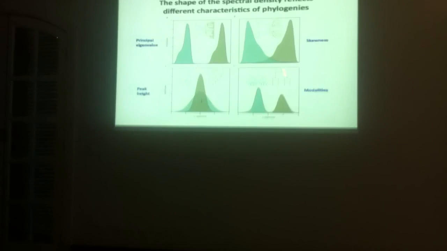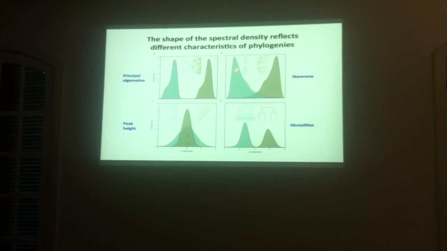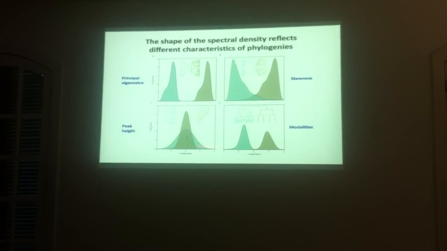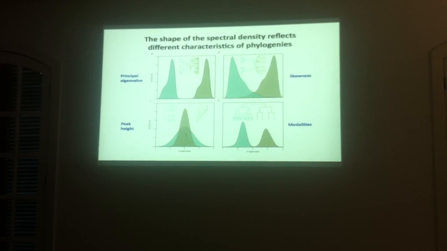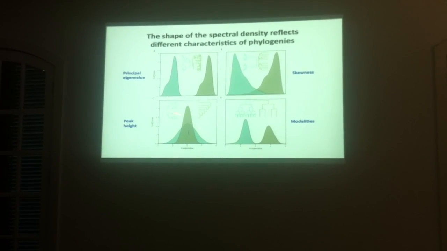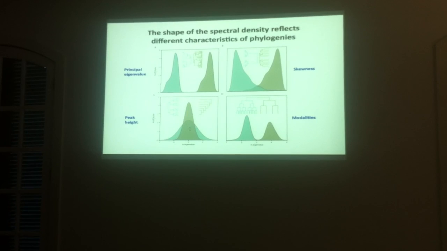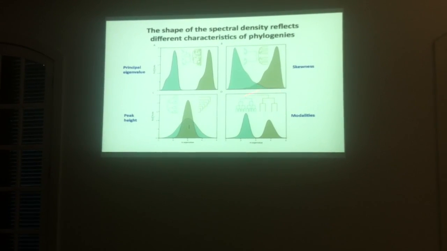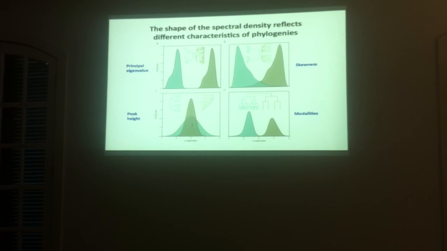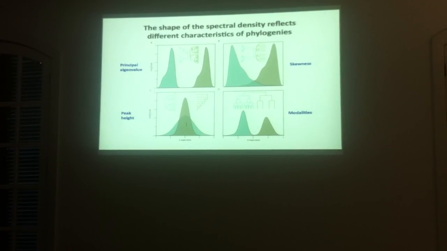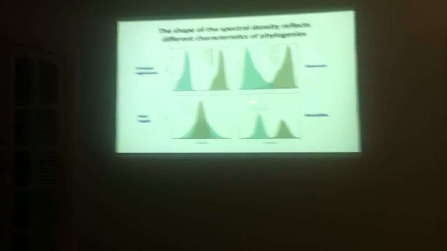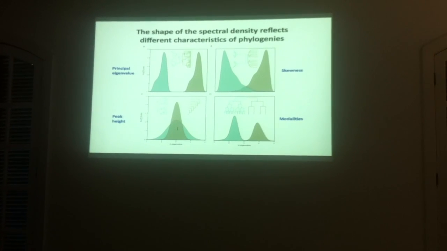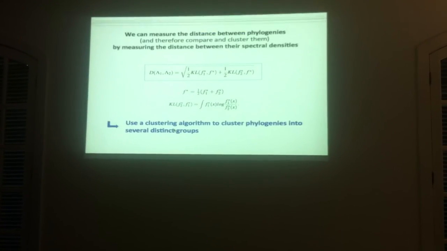The skewness of the distribution gives an idea about whether the tree is stemmy or tippy. That's something that we'll be interested in a lot in the field also. Peak height gives an idea of the imbalance of the phylogeny, and the modalities, the number of modes we might see in the phylogeny, give an idea of how many different phylogenetic patterns there are in the tree. So now that we have this